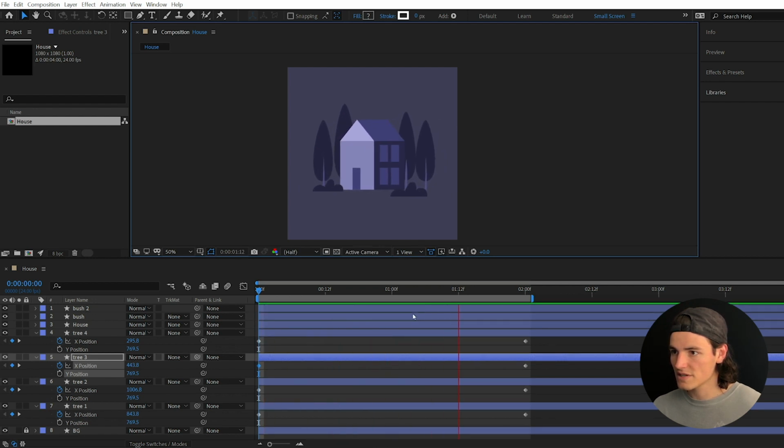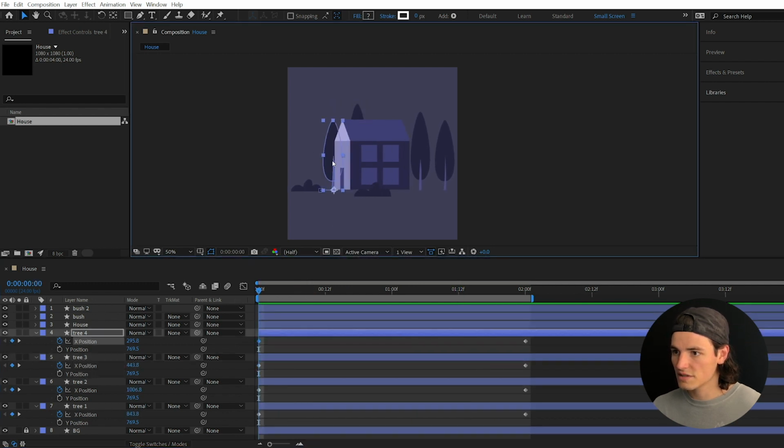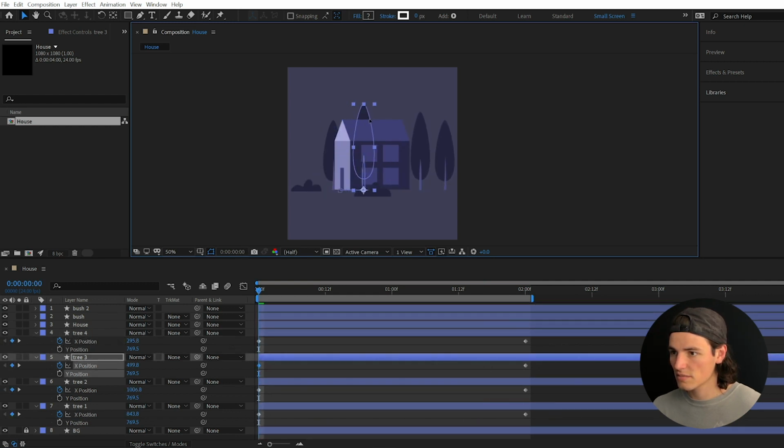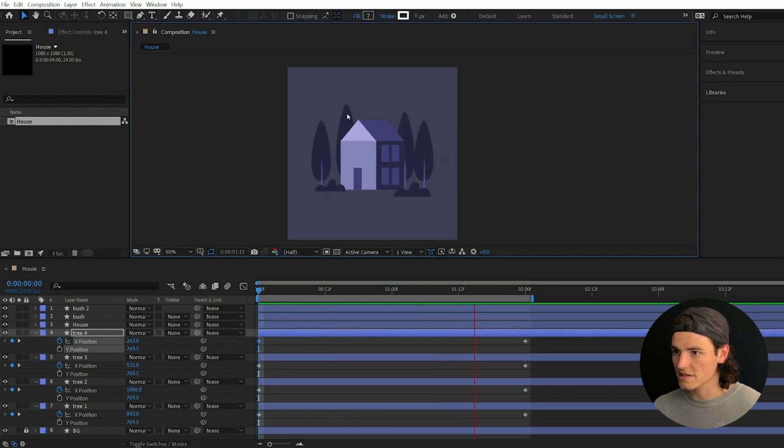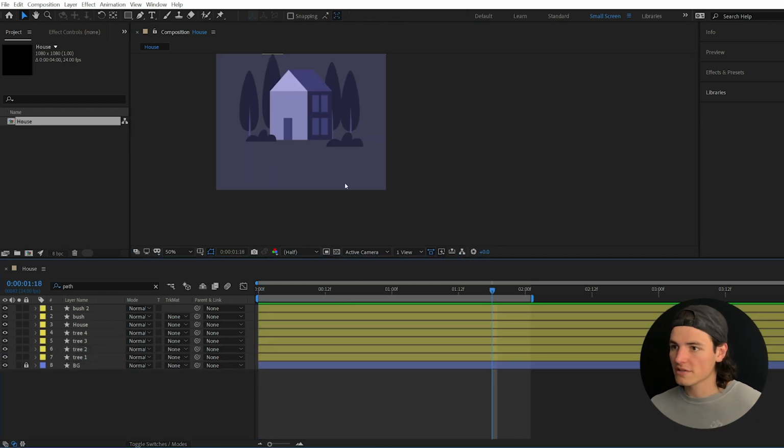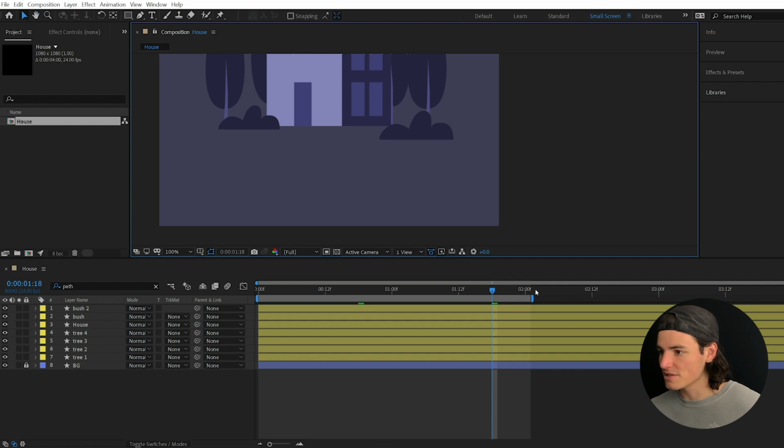Now, we're starting to even get some depth because these trees are moving at different speeds. I want to have this tree maybe move faster. No, that doesn't actually work. Maybe this one moves faster and this one moves a little slower. Yeah, because that big tree is in the background there. Beautiful. Okay, so the last thing we're going to do to add some extra dimension to this is we're